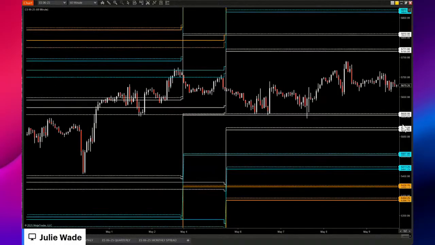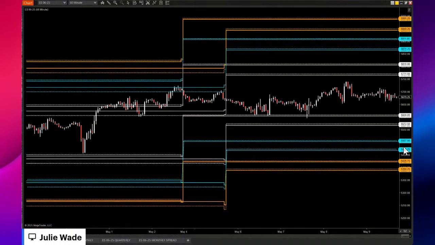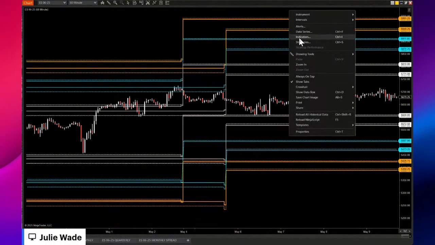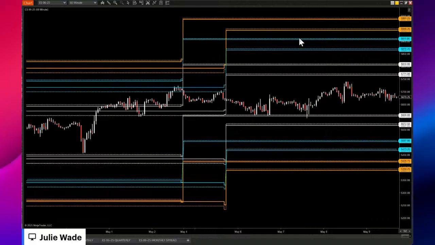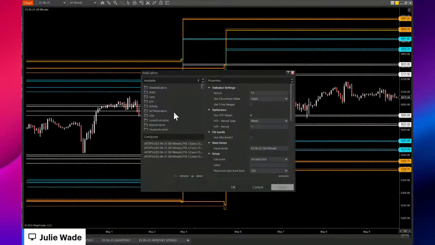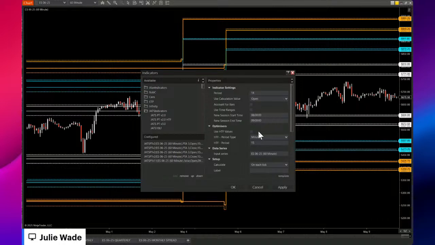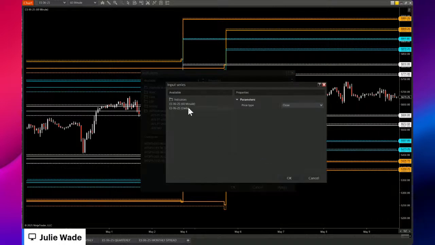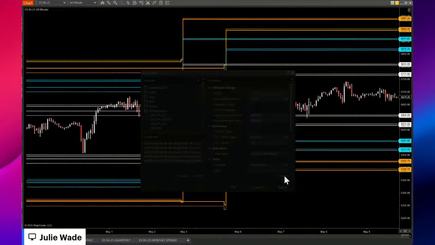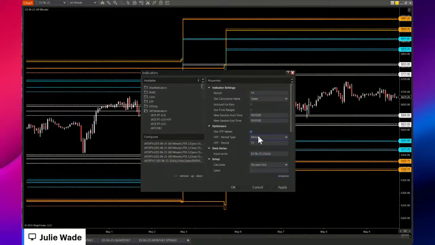So now when I put the PT2 indicator on the chart, because I put the daily below it, I can choose the input series to the daily, change this to day 1,